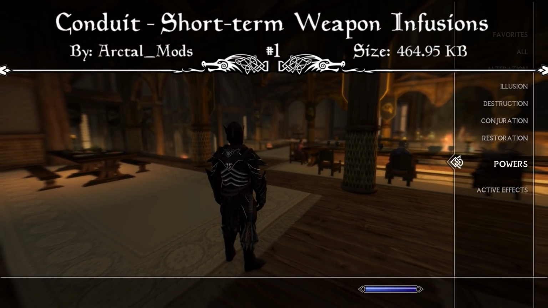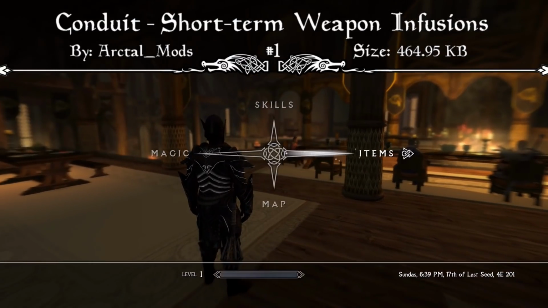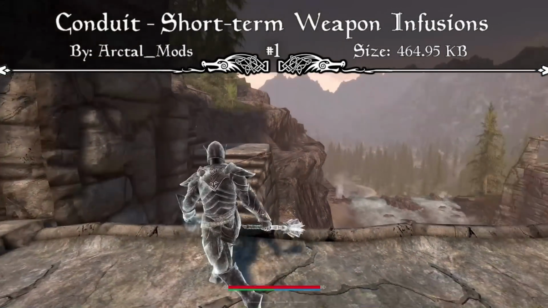This is very good for early game because you may not have the best enchantments yet, but if you have the flame spell, you can simply just put the flame spell onto your mace for 20 seconds and just have a complete war fight. I really enjoy the combat that comes with using these spells together, and the way to